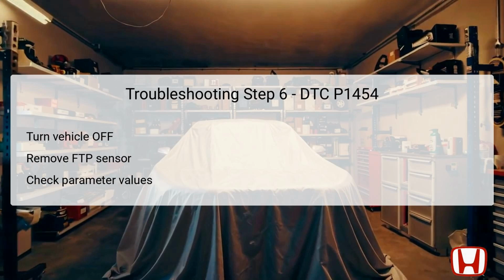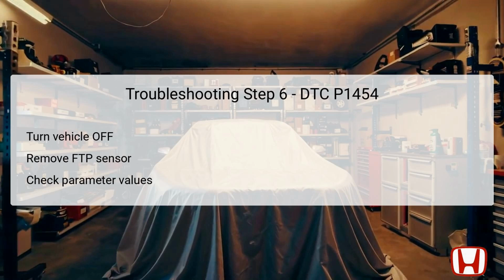In this final troubleshooting step, the procedure begins with turning off the vehicle once again to safely access critical components. After switching to off mode, the technician must remove the FTP sensor while leaving its electrical connector still attached. The vehicle is then turned to on again, enabling the technician to check the pressure readings via the HDS once